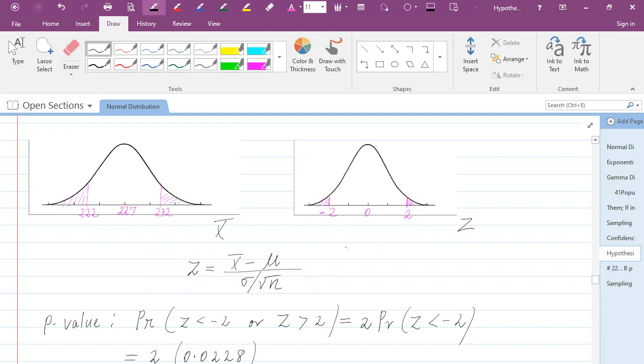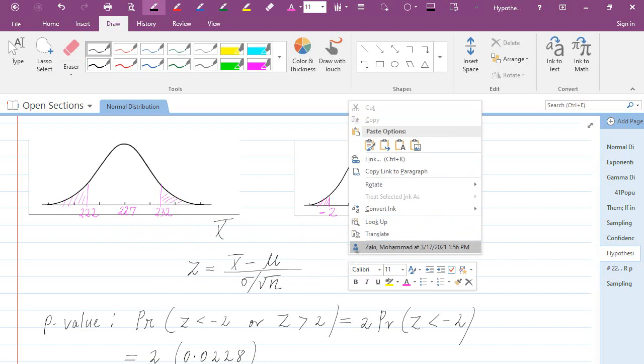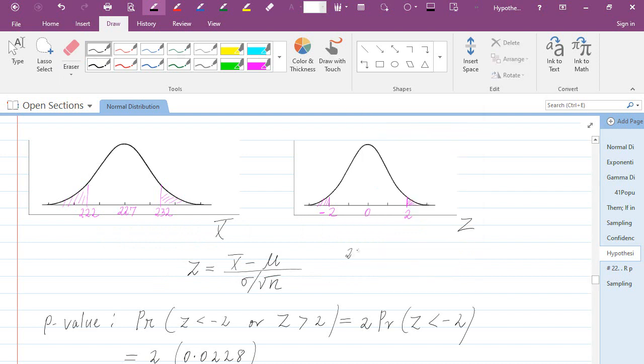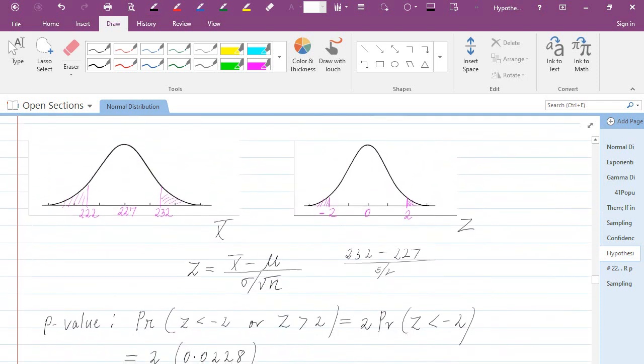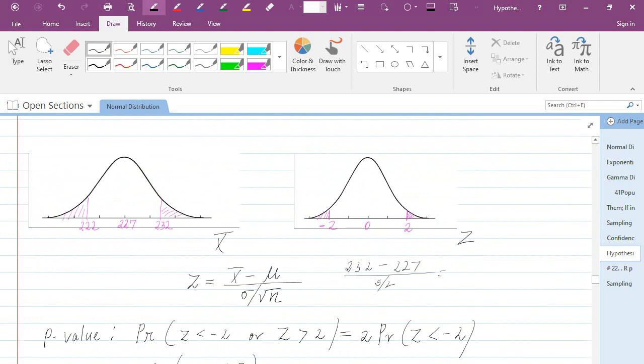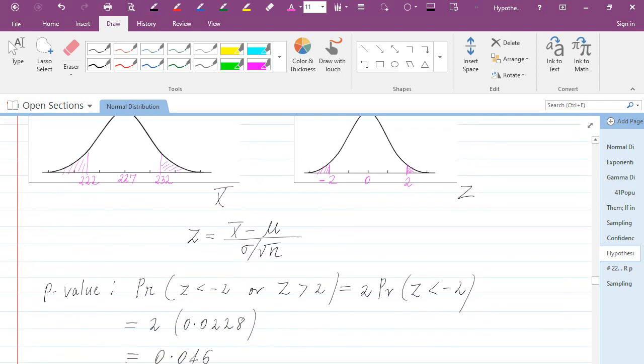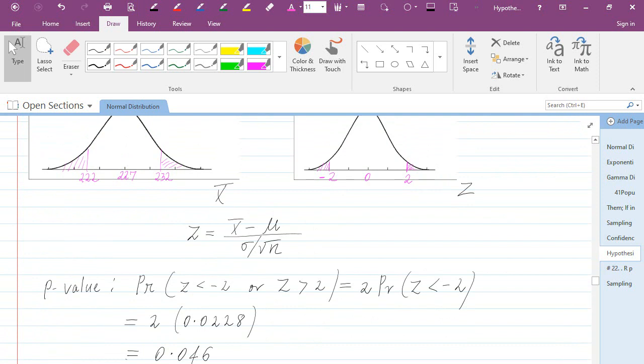So for 232, what we're going to get is 232 minus 227 divided by, and recall that this was 5/2, right? The sigma over root n was 5/2, and that is equal to exactly 2. So the z-score of 232 is 2, and the z-score for 222 will be -2. So the p-value is the probability that z is either bigger than 2 or less than -2, and then that's